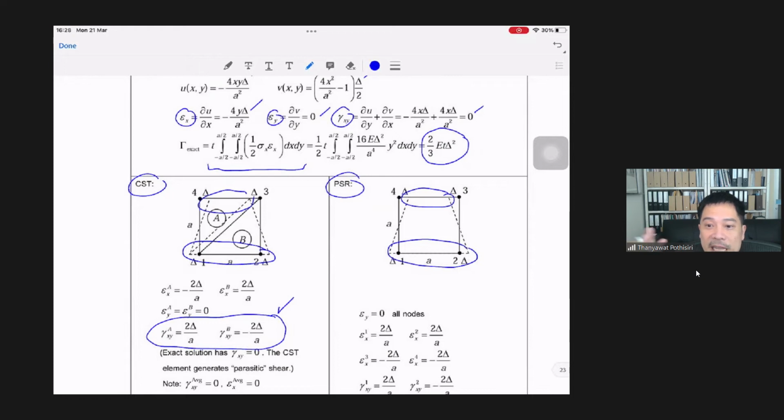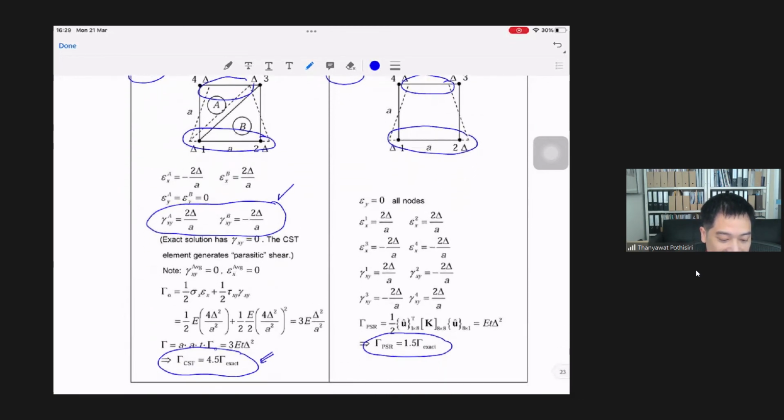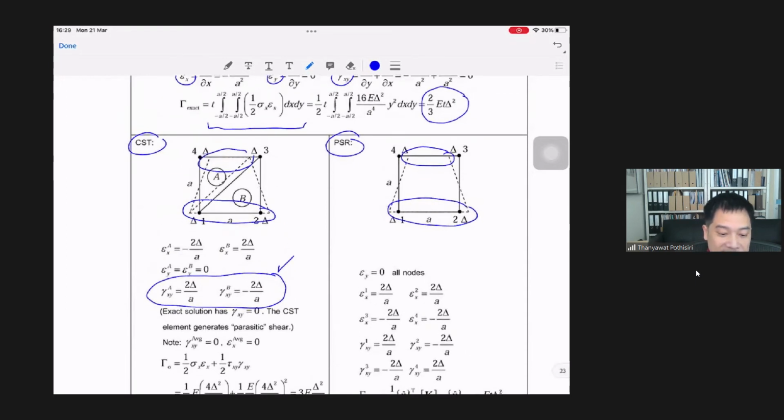In the exact solution, there should be no shear, but by using this type of element or this model, you are imposing this shear onto your model. So that's why you have this higher strain energy. And in this case as well, even though you use PSI element, still you see that